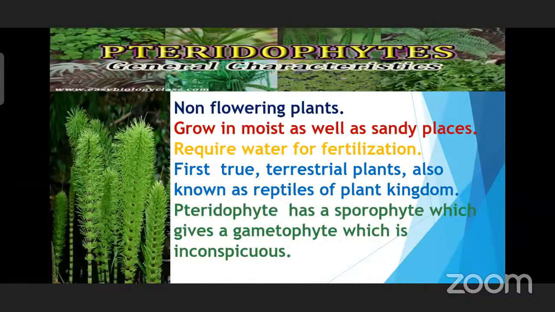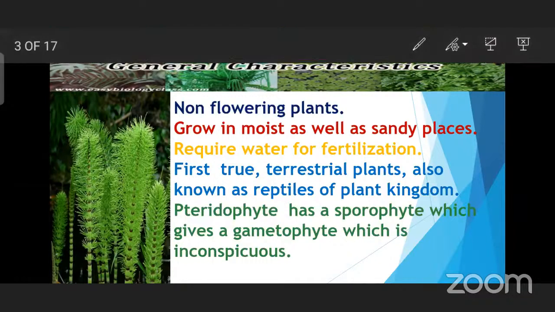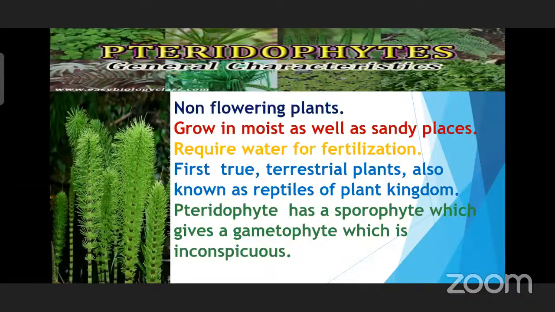Grow in moist as well as sandy places. It will be growing in moist, sandy places, and it requires water for fertilization. First, true terrestrial plants. They are land living plants, and they are called true terrestrial plants because bryophytes